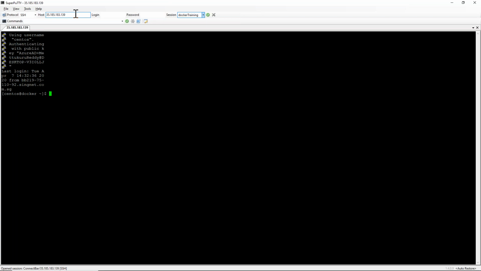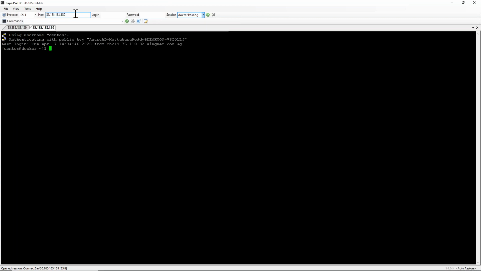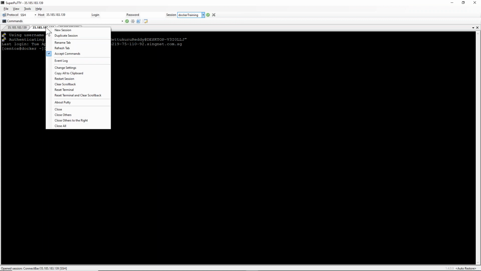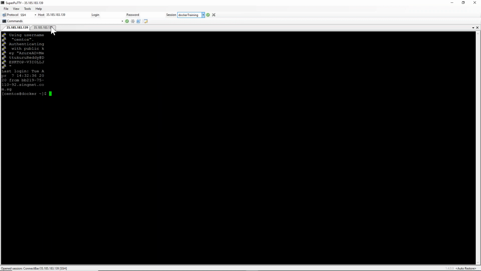So you have one tab. If you want another tab, you can click another time. So like that, you can easily use the new tabs facility here. And it's very simple, right? So up to now, everyone clear?